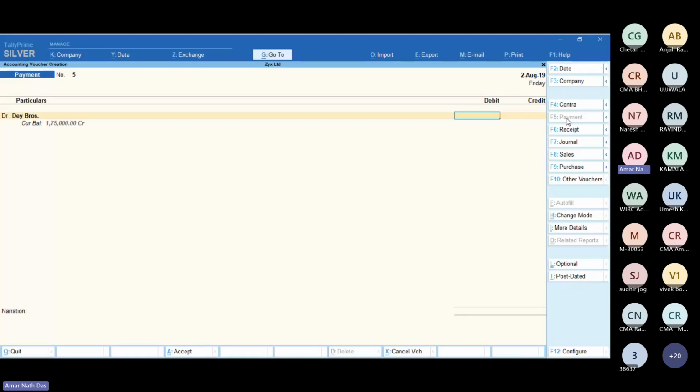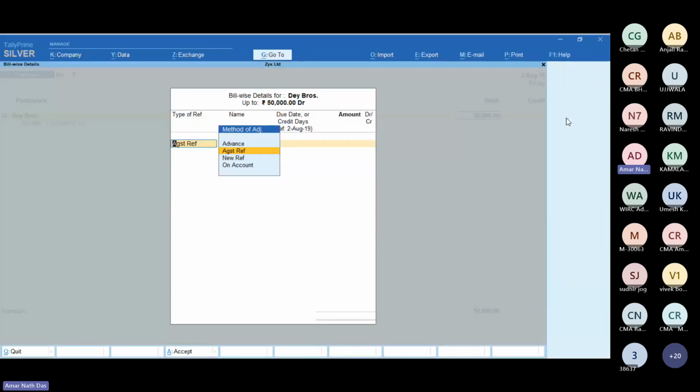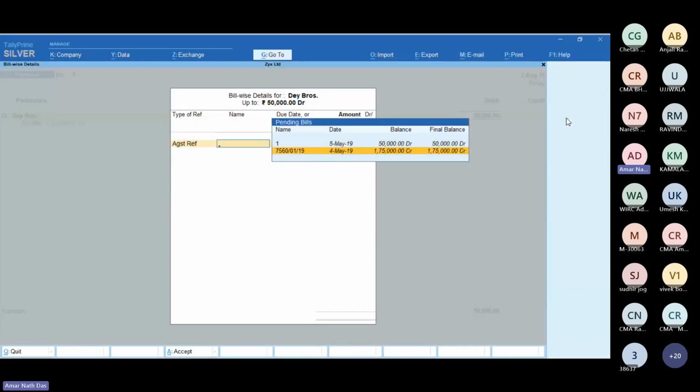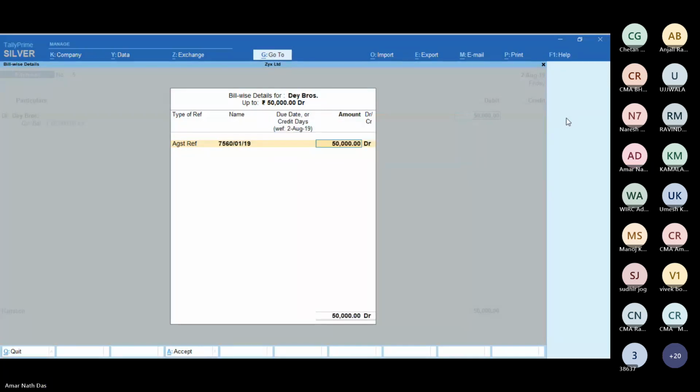Now I will pay 50,000 as per my question. Against reference will be taken automatically. So in that, these are the two pending bills of the same reference. So I consider this one,